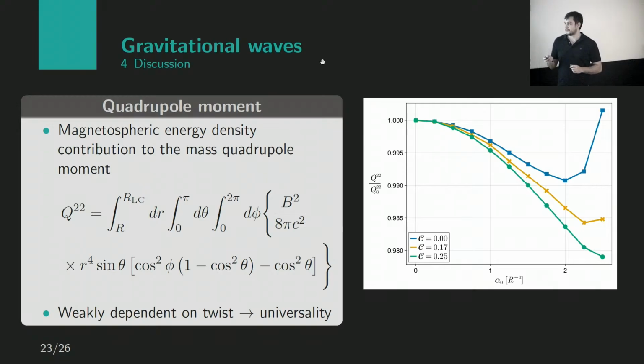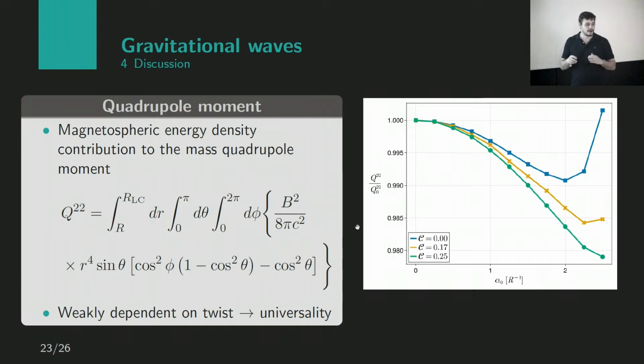However, the magnetospheric contribution is way smaller than any contribution coming from internal deformations of the star. So in terms of amplitude, this is way smaller than other contributions, so it would be difficult to distinguish it. But the polarization properties of the magnetospheric contribution are different from the polarization properties of the internal contribution. So even if the amplitude is way smaller, you could in principle distinguish between the two. And this is always there because a magnetosphere exists. All magnetars have a magnetosphere, and independent of the twist, you would have some contribution.